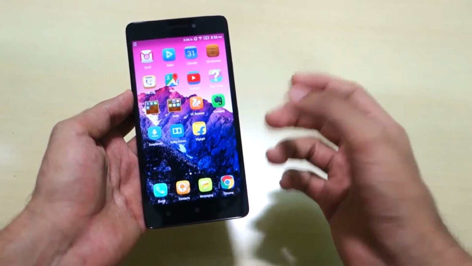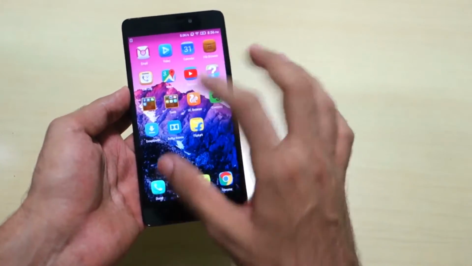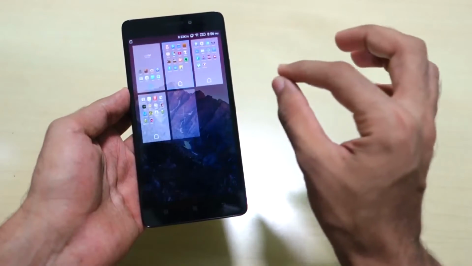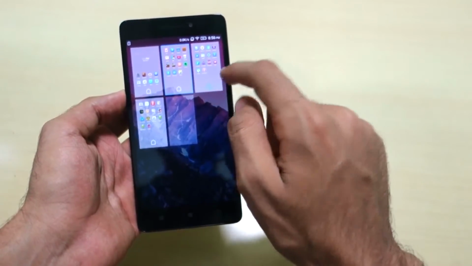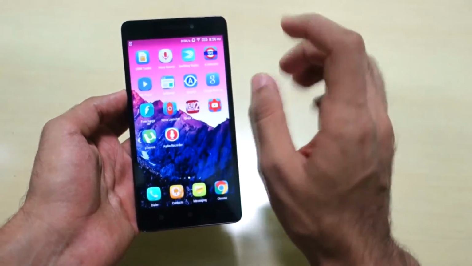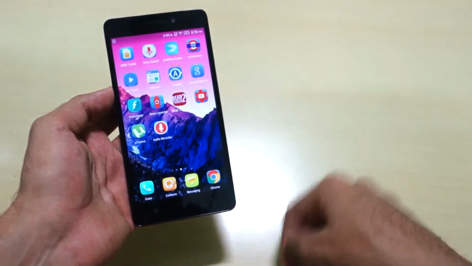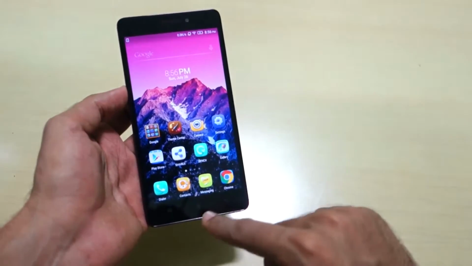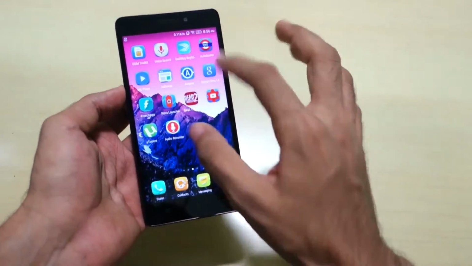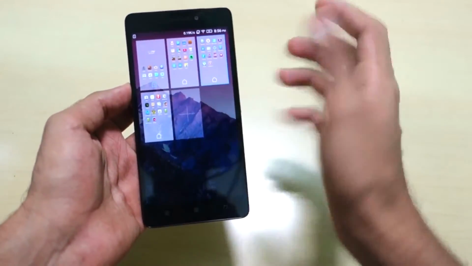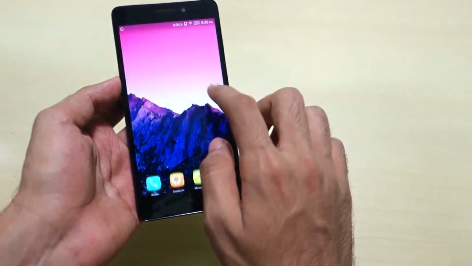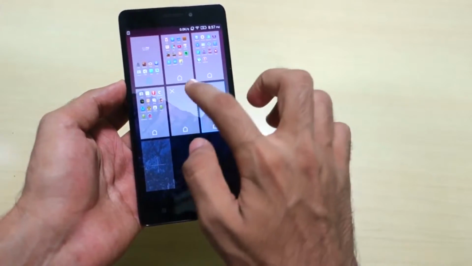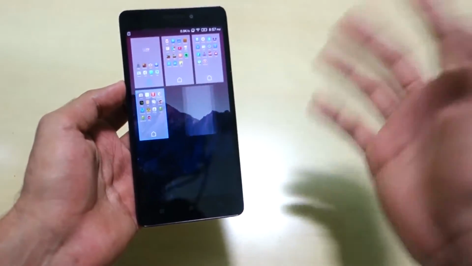If I just press the home button, the phone will come to this home screen. But if you want the phone to go to this screen, then simply pinch in and select this as your home. The blue over here indicates that this is the home screen on which the phone will go if I press the home button. So that's surely a very handy feature for some. And you can even add pages from here. If you want multiple pages, you can have them, and removing them is very easy.